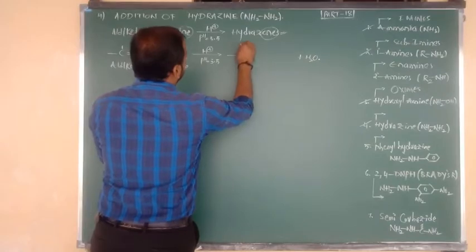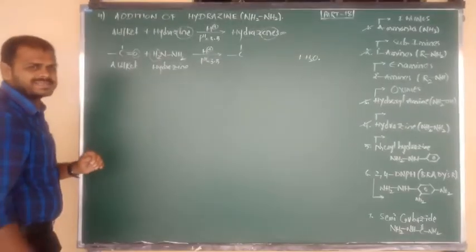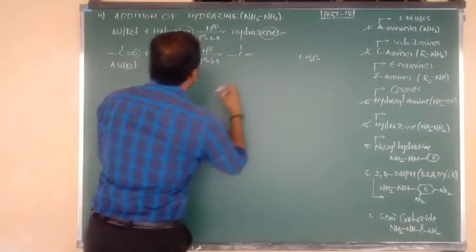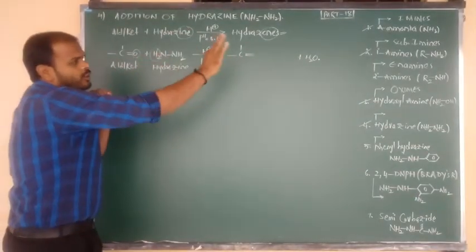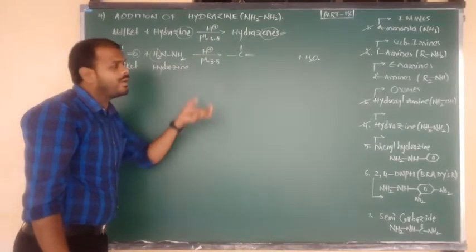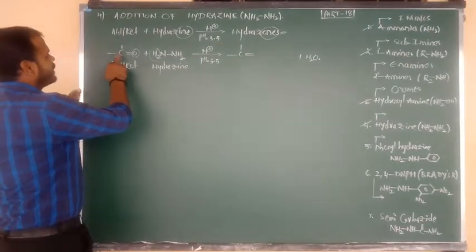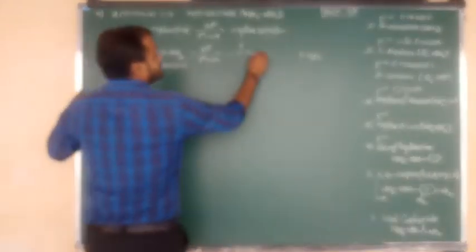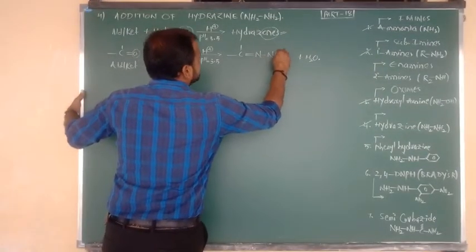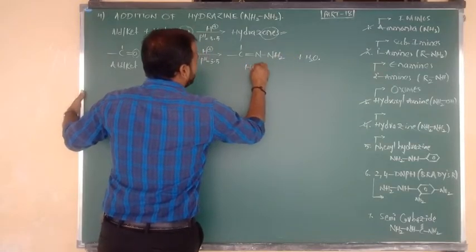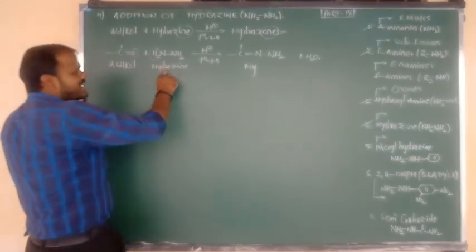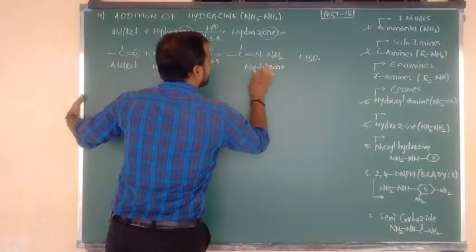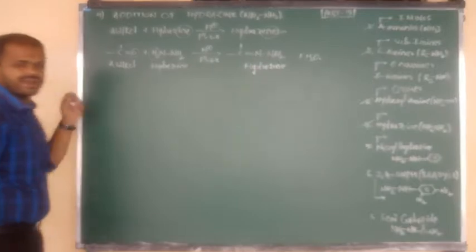Carbon contains 2 bonds, which we write as it is. After that, carbon double bond O is there, but we simply write the double bond. O combines with H2 and is eliminated in the form of a water molecule, beta. Remaining is C double bond N bond NH2. Yes beta, so this is your product. What is the name of this product? Hydrazine converted into hydrazone. I hope you understand, beta.